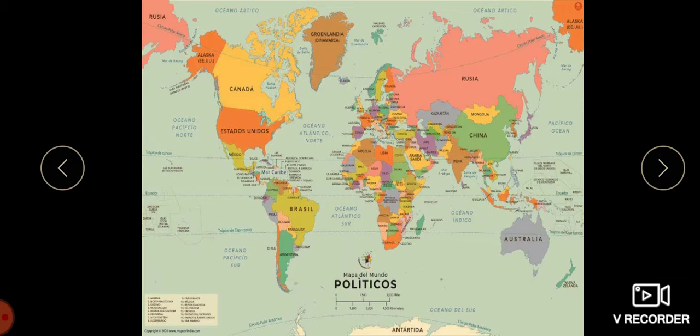The word map comes from the medieval Latin mappa mundi, wherein mappa meant napkin or cloth and mundi the world. Thus, map became a shortened term referring to the two-dimensional representation of the surface of the earth.